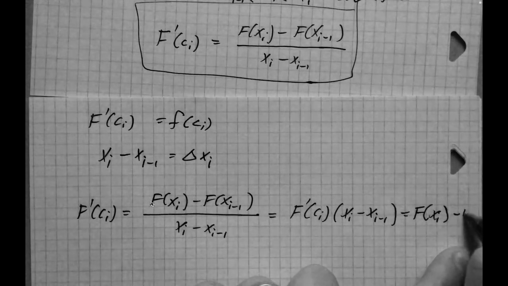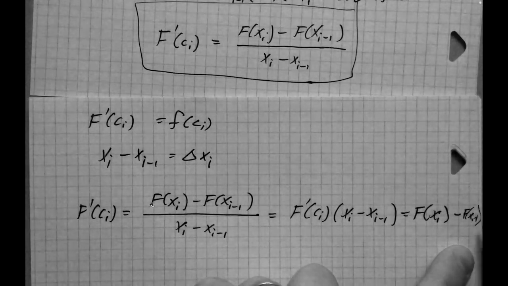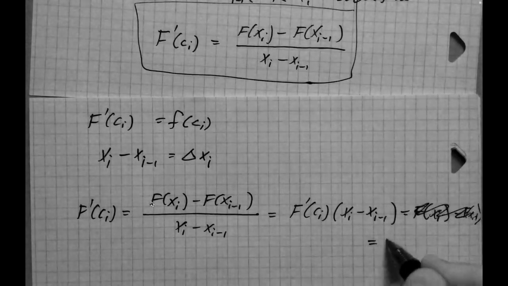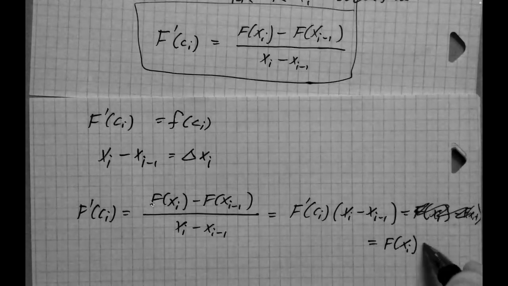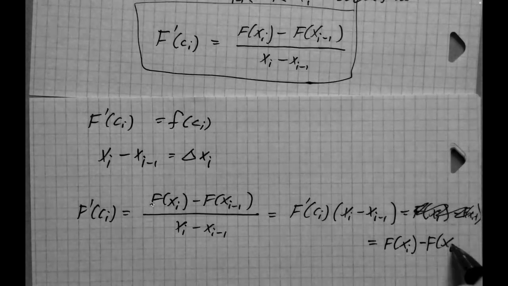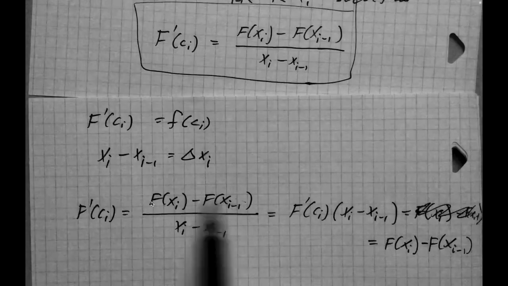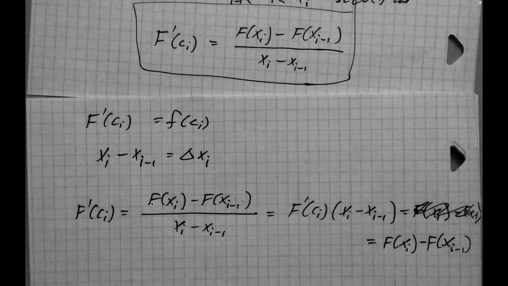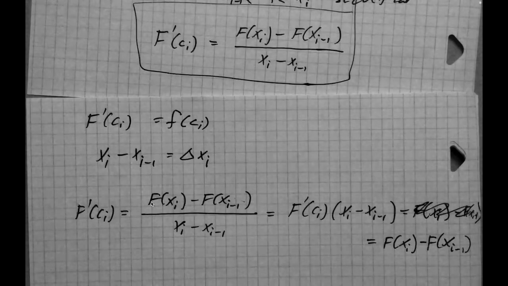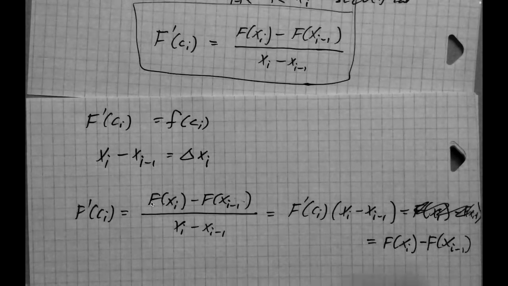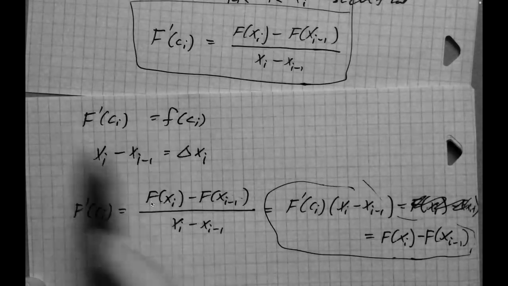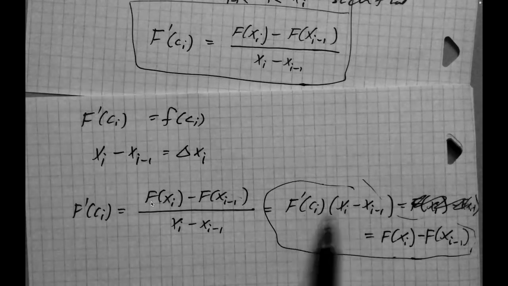Shoot, I'm almost out of space. Okay. Here, let me write it again here. So it's equal to f of xi minus f of xi minus 1. So it's just this numerator piece here. Okay. All right. And so combining this statement here with this previous fact, it's fine to write this